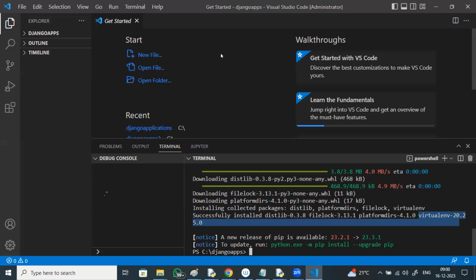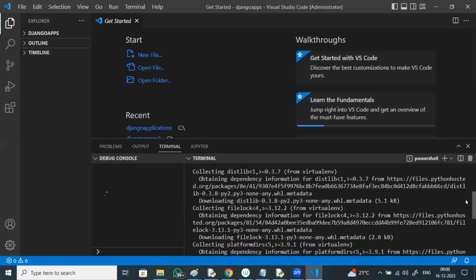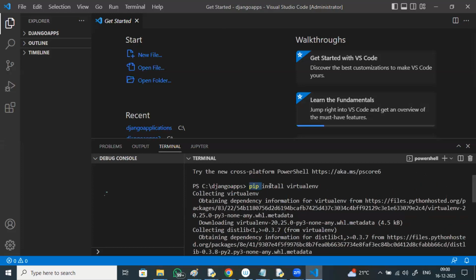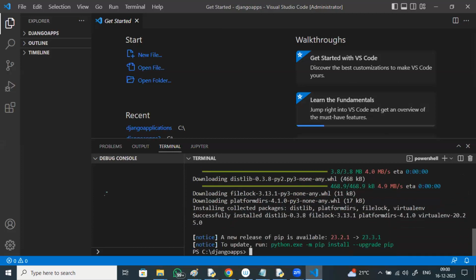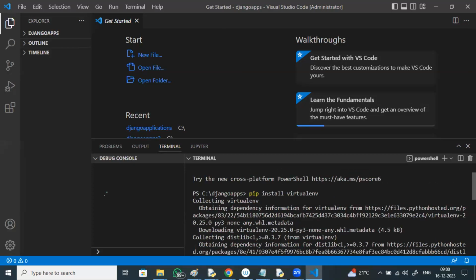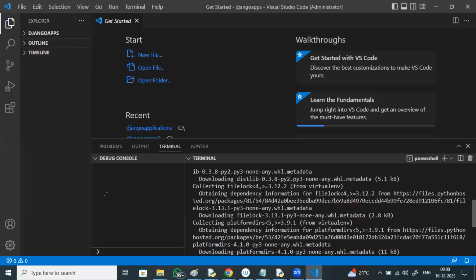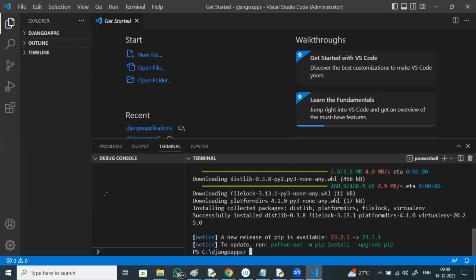Done, everyone. A student asks: Sir, should there be a space between install and virtualenv? Pip install virtualenv. Another student says: I got a warning message due to a path issue. Also getting a warning. What warning are you getting? Sir, it's showing could not install package due to an OS error. The system cannot find the file specified.